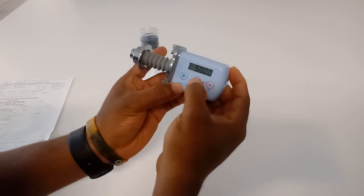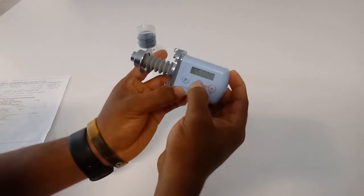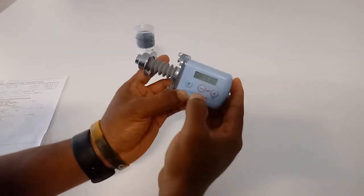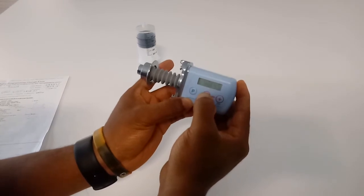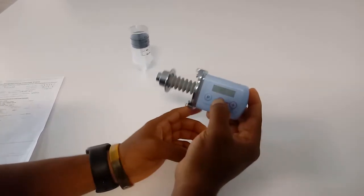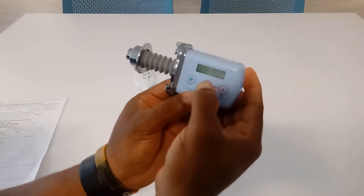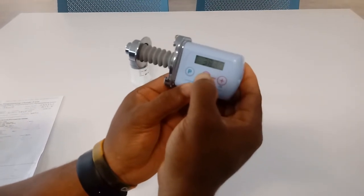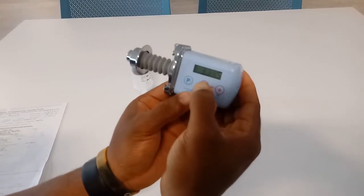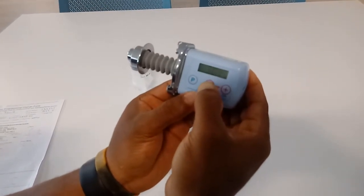Right now the pump is set for 50 hours, but that's too long. So I'm going to hold this. Okay, now that it's blinking, now it's going in increments of 15 minutes. So I have to bring this all the way down to 10 hours. So let me go as fast as I can. Long way down. But once we get this done, this pump is pretty easy to program. Just a little inconvenient in terms of having to press the button over and over. Other than that,